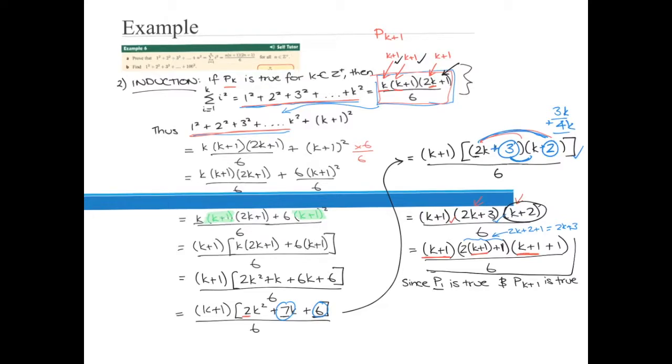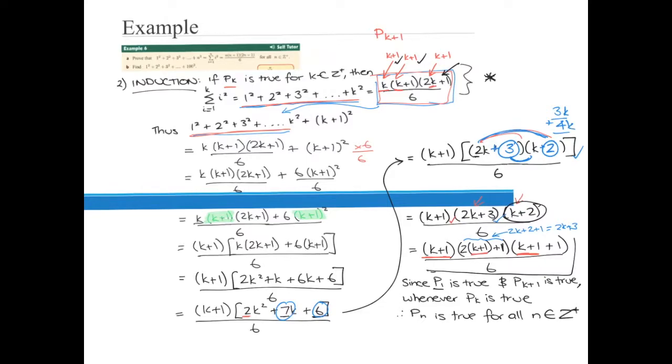So since P1 is true and PK plus 1 is true, whenever PK is true. So remember this first step up here for the induction, we're assuming, or we're saying if PK is true, then this is true. And we've used that within the function. So since P1 is true and PK plus 1 is true, whenever PK is true, we can therefore say that Pn is true for all n within z, okay, within all the